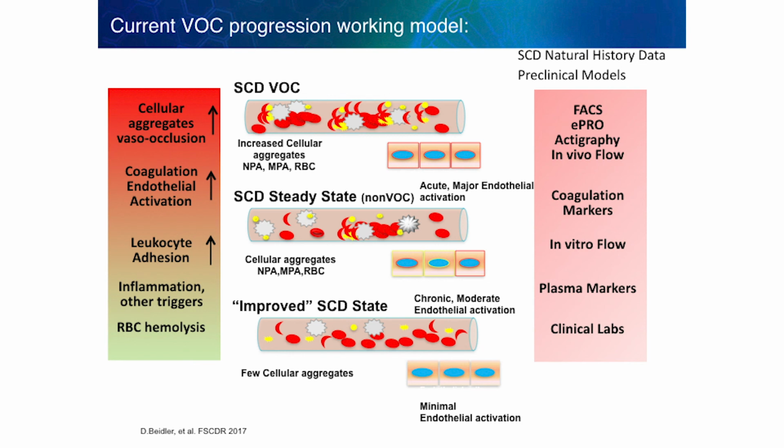So the way that we're looking at sickle cell disease is that you have on the improved sickle cell disease side minimal endothelial activation, minimal numbers of cellular aggregates, and a decrease in that endothelial cell activation. As they go from sickle cell steady state to a VOC, you see the hemolysis of the red blood cell, you see inflammation triggers, as well as leukocyte adhesion. You also see an activation of the endothelial cell, increase in coagulation and thrombotic markers, and the cellular aggregates increase